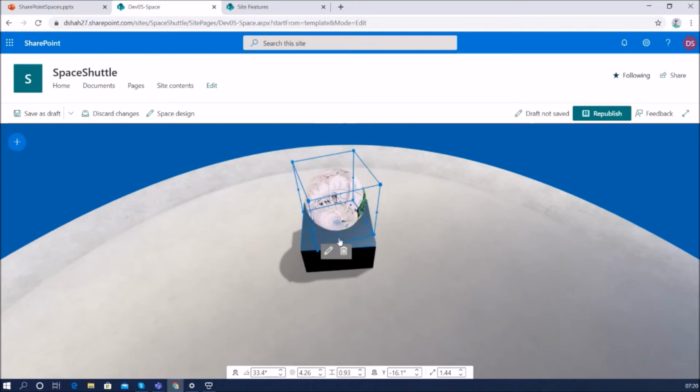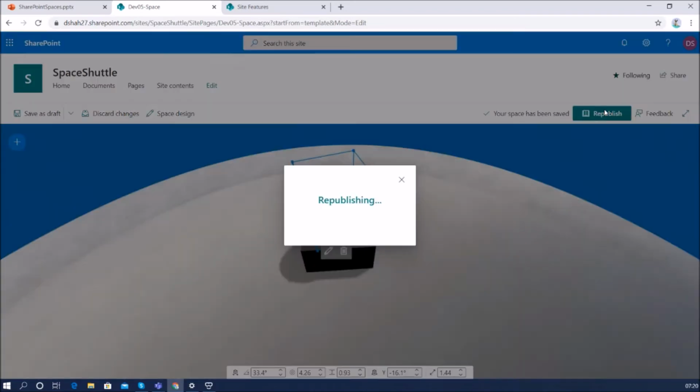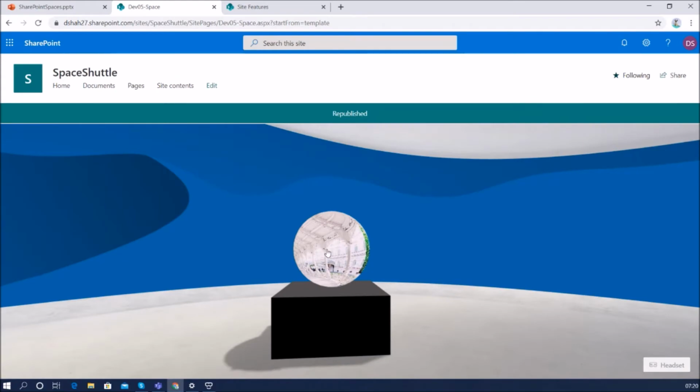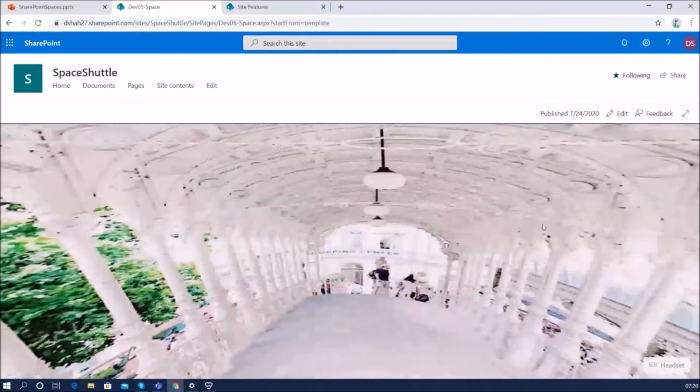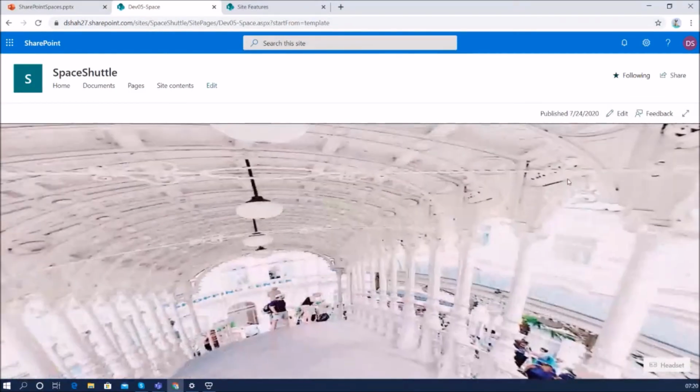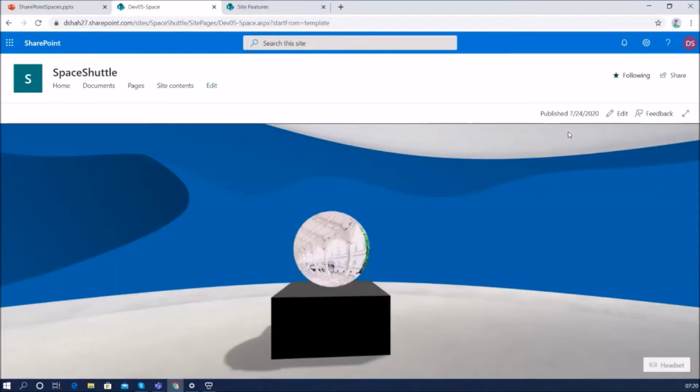Now let's publish our page and let's see our image. Once we click on that, it will open this type of 360-degree image for our web part, right? Now let me press escape to go back and talk about some of the web part configuration properties.